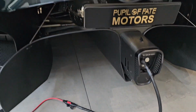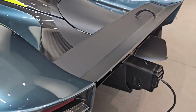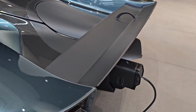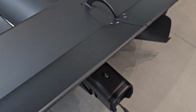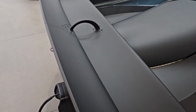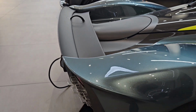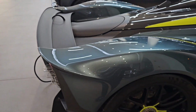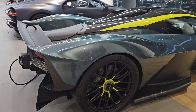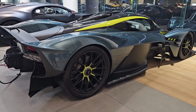So the engine in this is very interesting. It's a 6.5 liter naturally aspirated V12, which makes around 1000 horsepower. The hybrid system makes around 160 horsepower, so total 1160. It also has a very complicated spoiler wing system, which of course has flaps to add downforce, reduce drag if needed, help in braking, and of course it's all automatic, and depending on the direction the car is turning, it